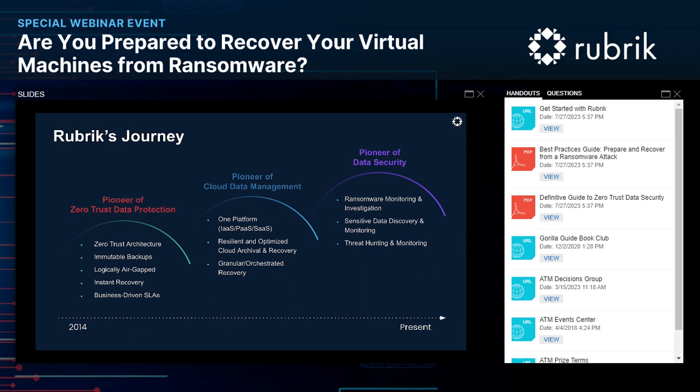And so our first offering was ransomware alerting and investigation. We used this tool to detect when the event happened and allow the customer to quickly recover to the point they needed, building on top of our secure, immutable file system. At a high level, this tool would work by detecting the encryption event itself.